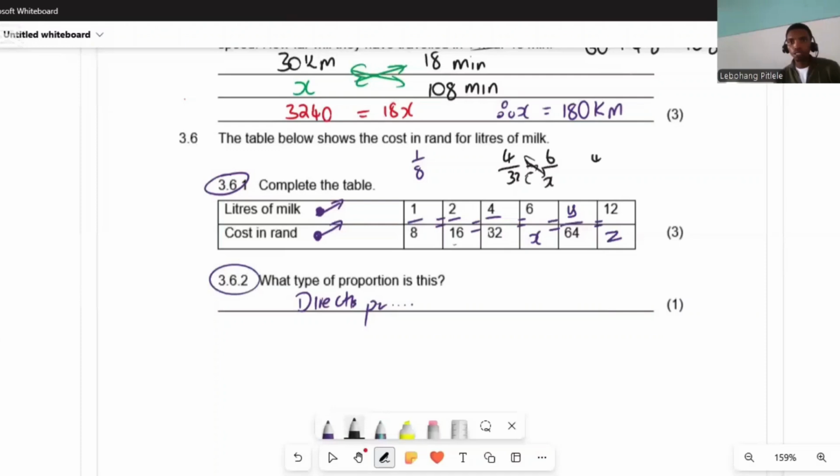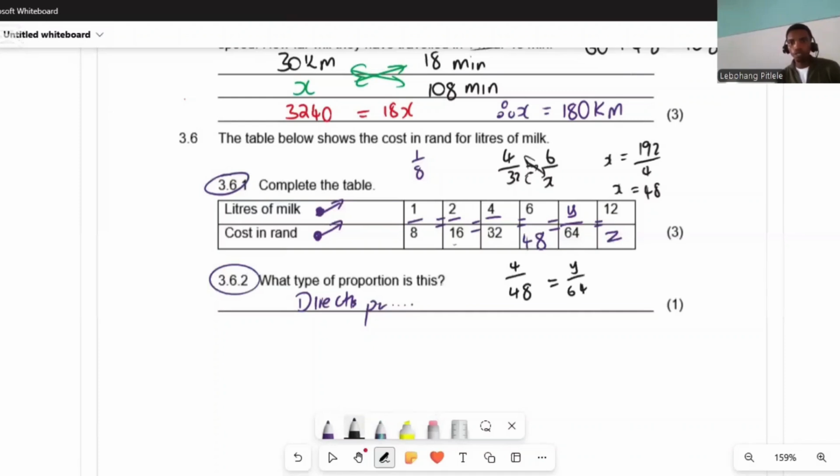I'm going to have 4x is equal to 32 times 6, which is how much? 192. We divide both sides by 4, then x is 48. So we know at the place of x there, we should be having 48. So now, since we have 48, then we can go and say 4 is it 48 or 40? 48. We know we can say 48 is equal to